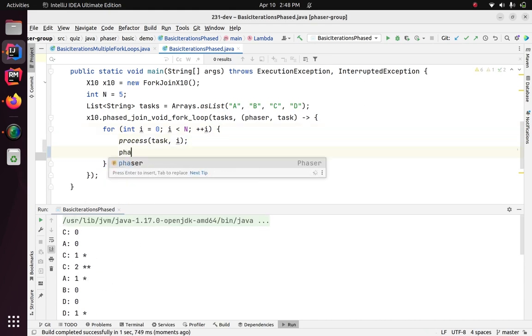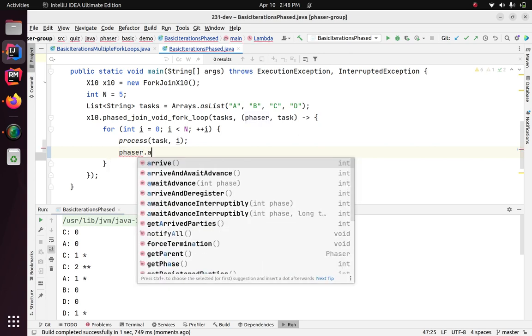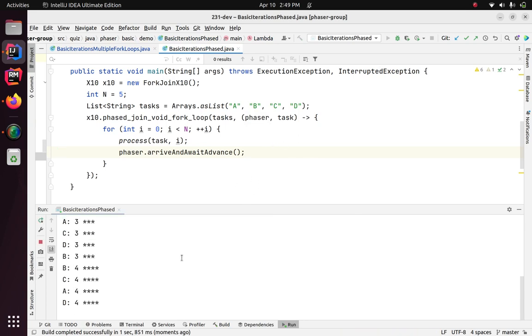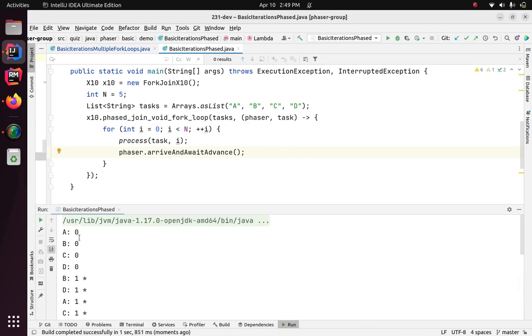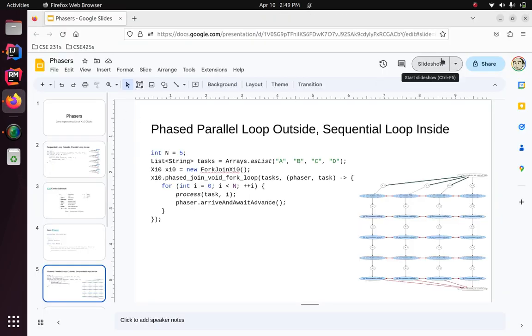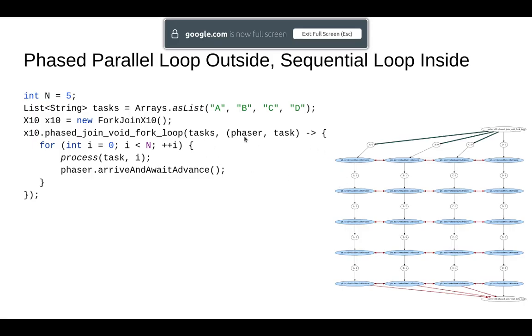But if I say phaser dot arrive and await advance, which is much like the next concept from X10, now all of a sudden I get back to exactly the same behavior I had before. So let's look at how this works. Again, you flip the loops inside out, and it passes you a phaser which enforces this. Everybody get together. Let's all synchronize. Again, I come back to this program, right? You can see